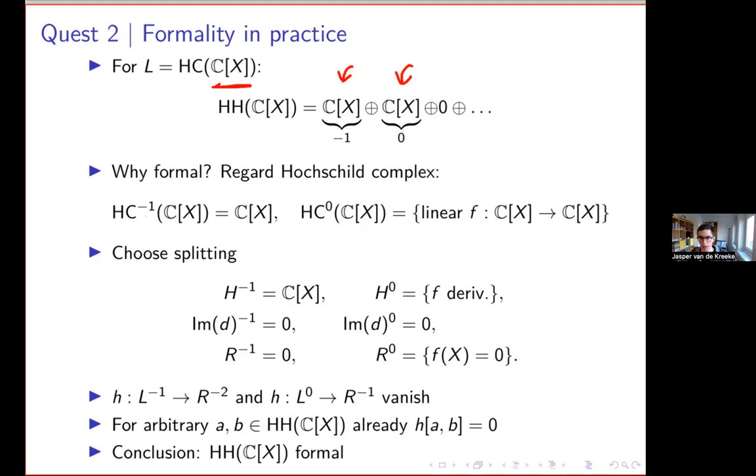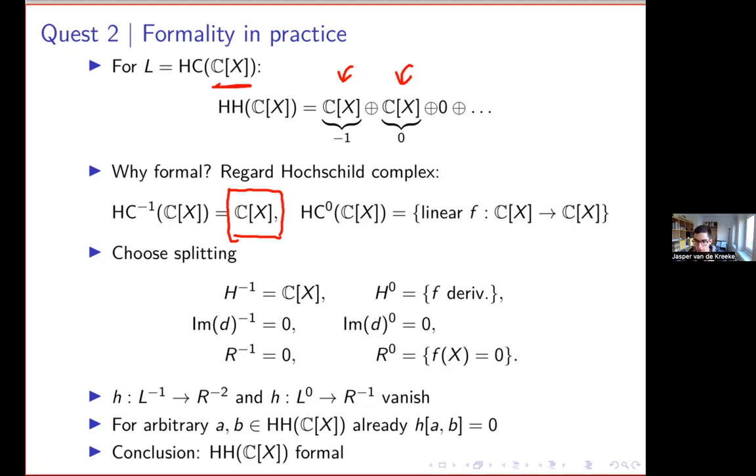Let's look at this. The whole Hochschild complex in degree -1 is all possible curvatures you might be able to add, so all -1 cochains. And in degree 0, it consists of all linear maps from Cx to Cx. Okay, so we have to choose a splitting. So how are we going to choose our splitting? We first split the kernel into the image and some cohomology